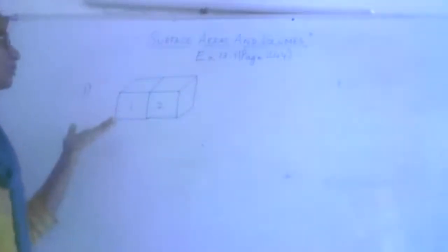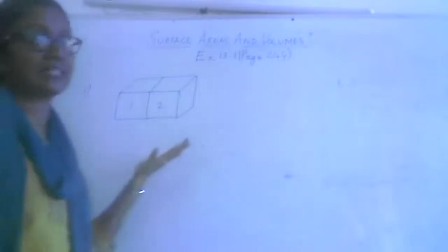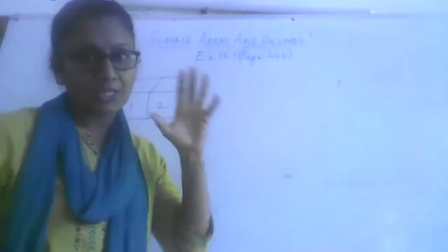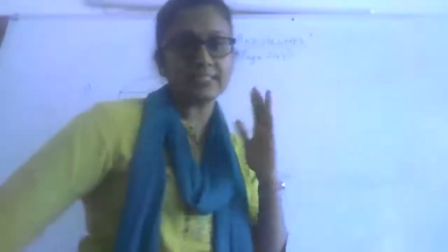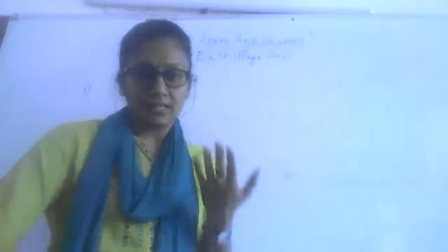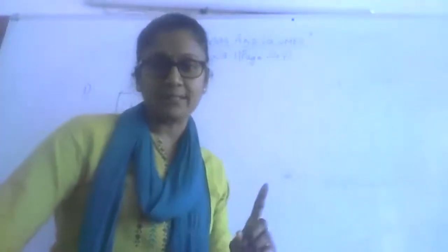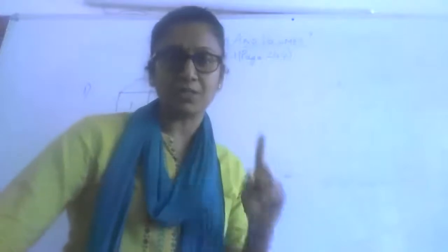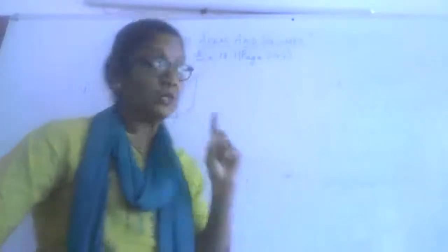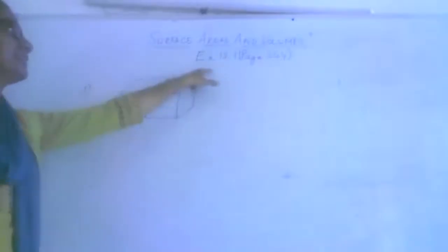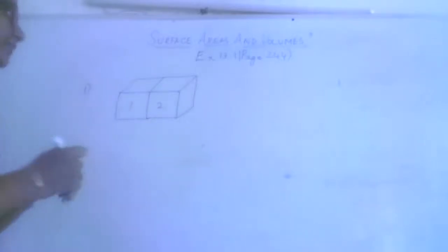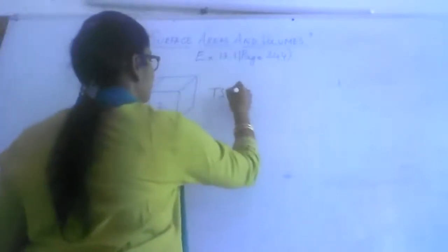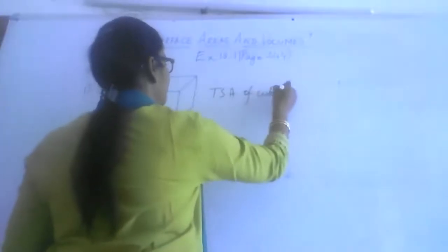Okay, so when I am talking about the surface area in general, it means that we are talking about the total surface area. Unless it is specified as the lateral surface area or the curved surface area, you must always understand the mention is about the total surface area. So when they are talking about the surface area of the resulting solid, it means I need to find the TSA of the solid. This is what I want. I want the TSA of the cuboid.